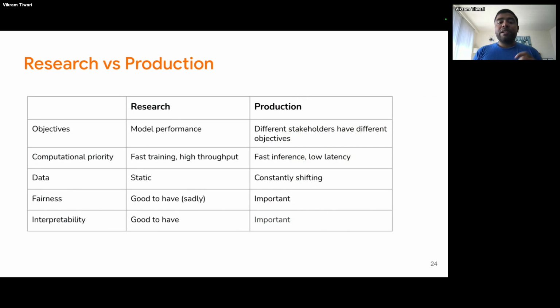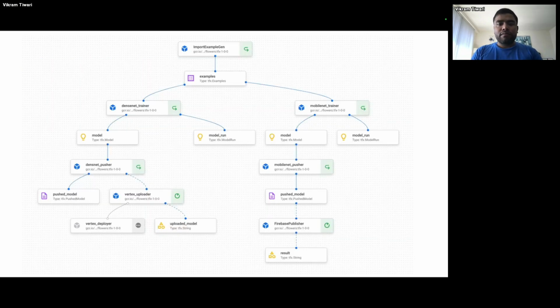Similarly, interpretability. It's good to have those things when you are doing research, but it's very important in production. Think of a use case of a bank denying somebody a loan, and now you have to figure out exactly why a machine learning model decided to do that. It's very important. You can't go to production without those things. So the objectives between research and production differ. And that's why generally, when we see a lot of models being used around the world and you get excited and start to think about how to put it in production, there are a lot of different things that you have to think about before you can actually take it into production and start using it. So this is what it generally looks like in a production run.